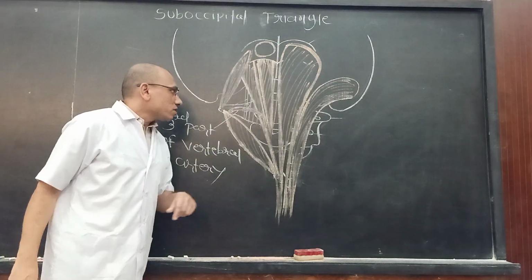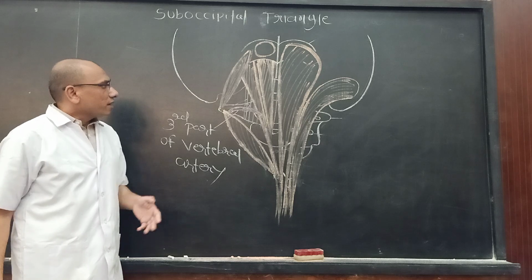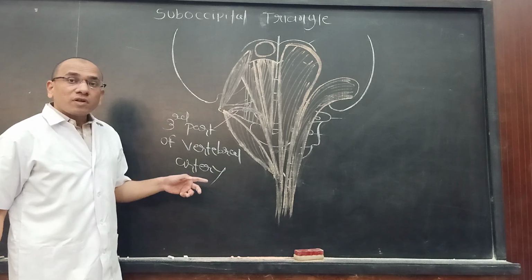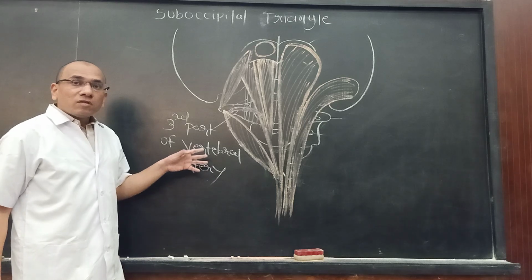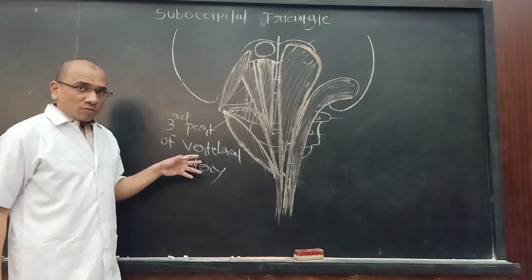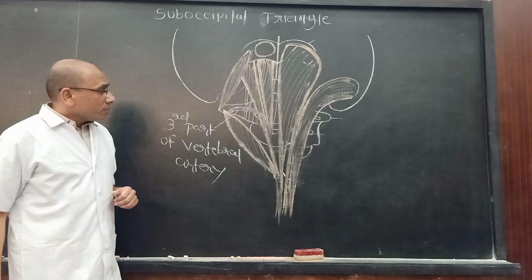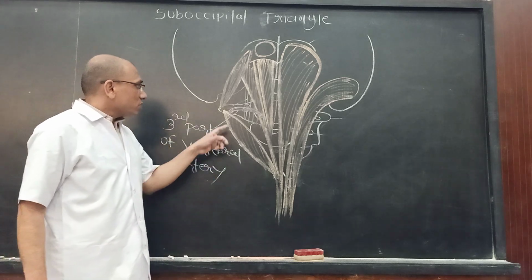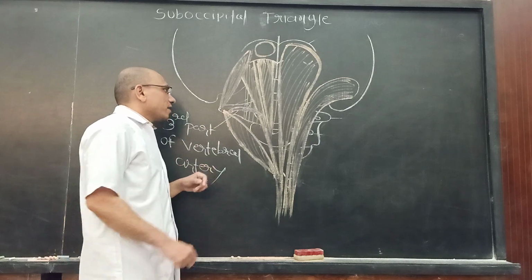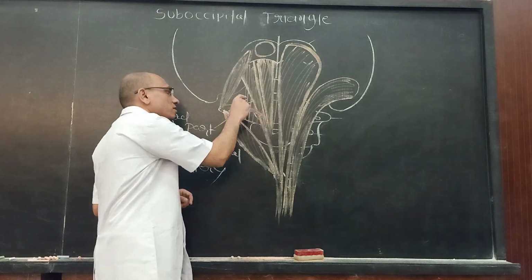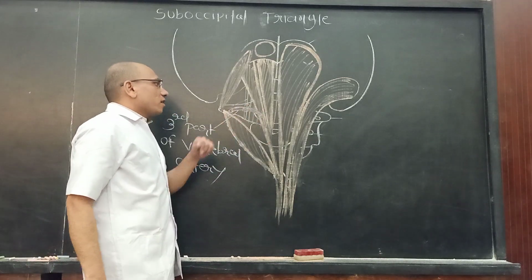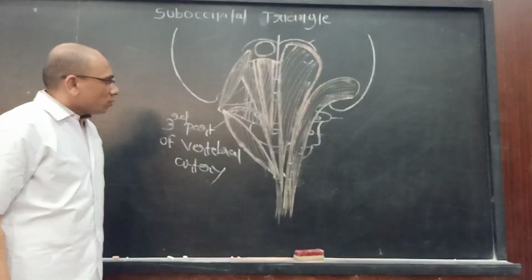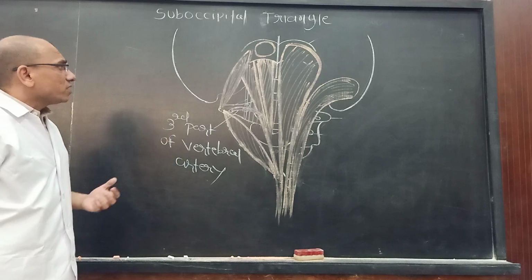Vertebral artery we already have discussed in previous lectures. First part, which originates from the subclavian artery up to the foramen transversarium of the C6 vertebra. The second part we can identify in the foramen transversarium up to the first cervical vertebra, and then from the first cervical vertebra enter into this vertebral canal. This one is the third part of the vertebral artery. So this one is the content of suboccipital triangle, which gives the muscular branches.